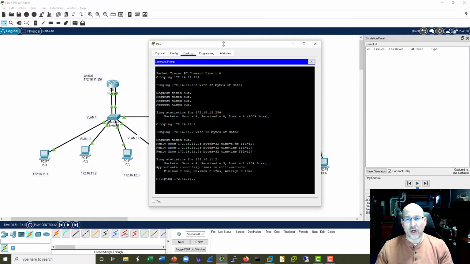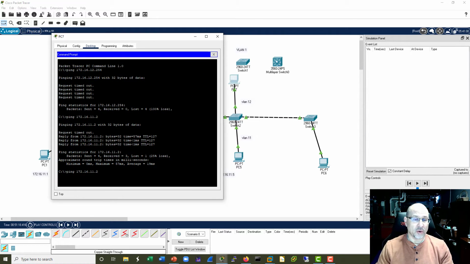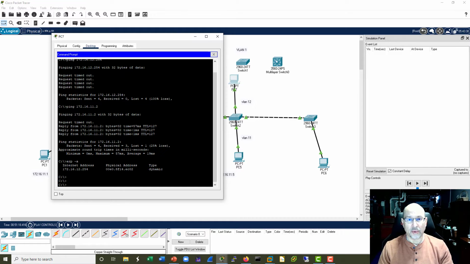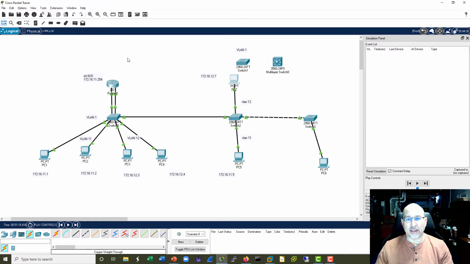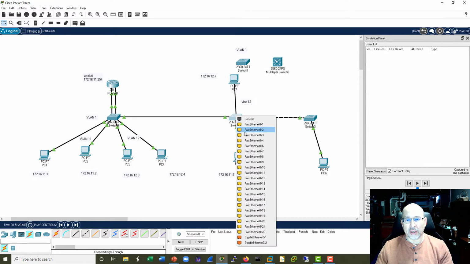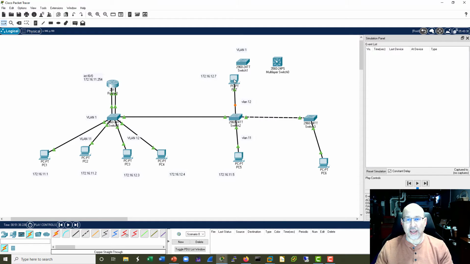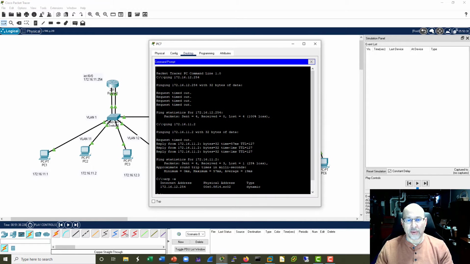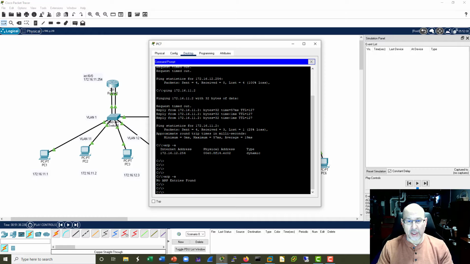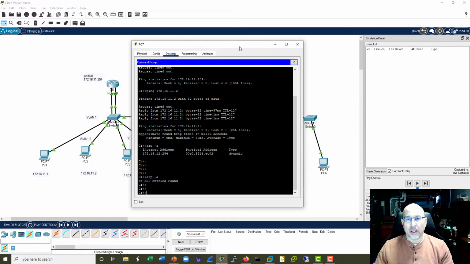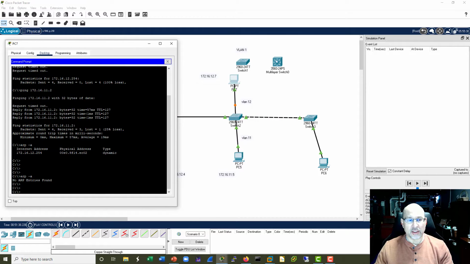All right, so what I'm worried about here is I want to see the ARPs. And the reason I won't see the ARPs is because there's something in the ARP table here. And Packet Tracer is not really handy at letting my nodes clear my ARP table, so I'm just going to disconnect this line here and then reconnect it to port 7. So that's a handy way of doing this. And so now if I look at my ARP table with an arp -a, there's nobody in there. So that'll force the generation of ARPs again. And so we are just going to watch this as it goes, and we'll wait for the port to go